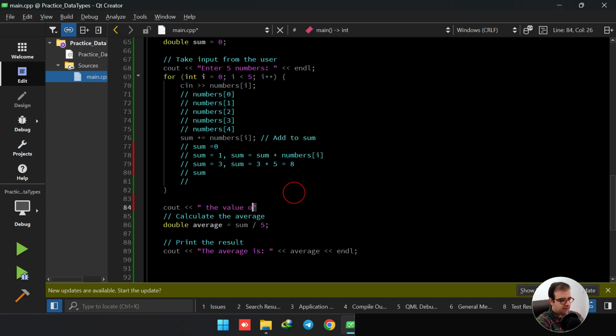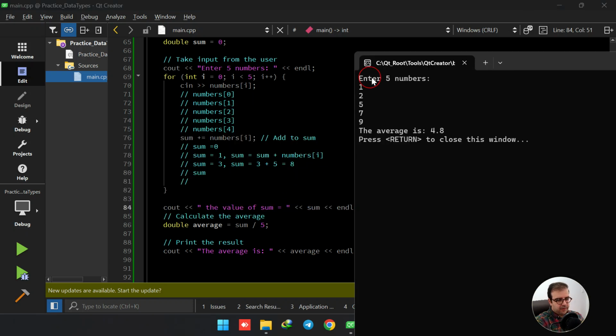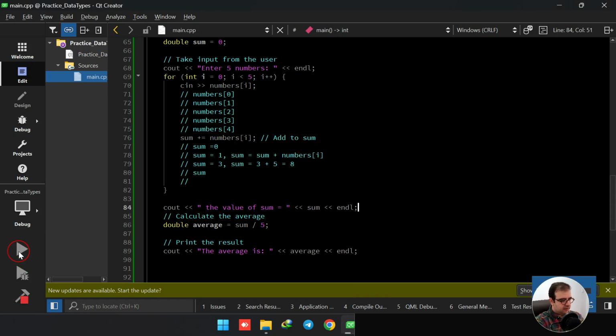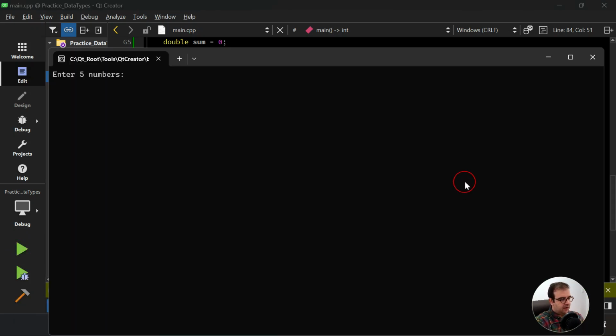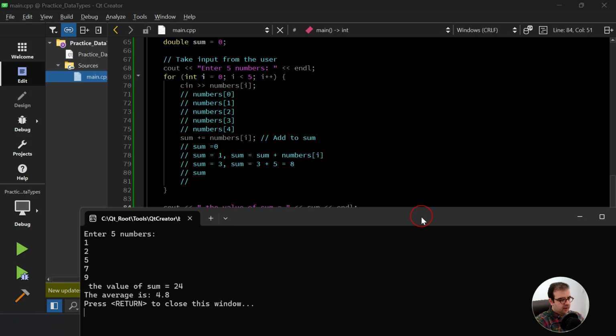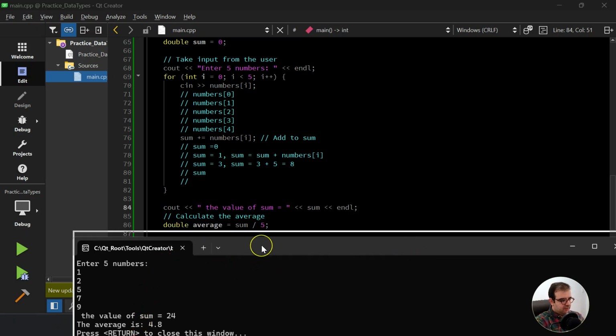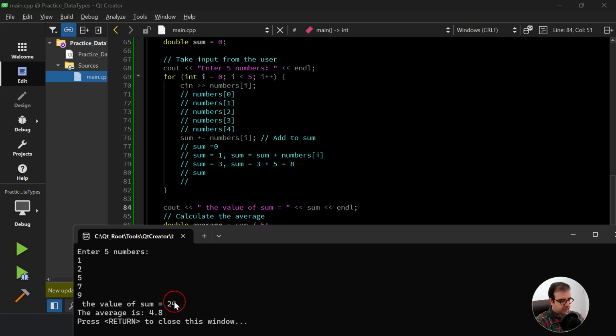Cout the value of sum equals, then we are printing sum here and endl. So 1, 2, 5, 7, 9. Okay, so here we are seeing that the total value of sum is 24 and the average is